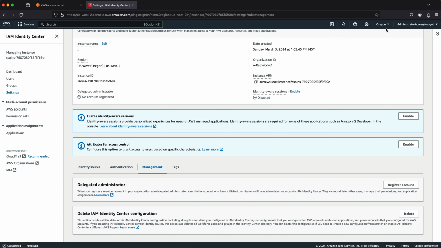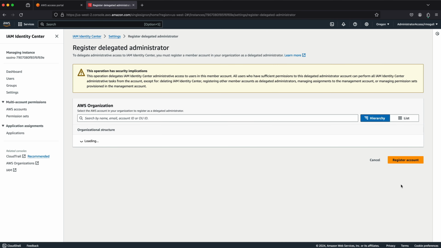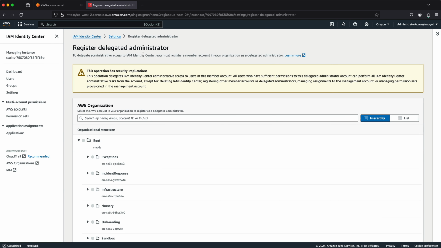By the way, just as a reminder, you do need to be in the Oregon region because that's where we set up Identity Center initially. IAM itself is regionless. It's a global service, but Identity Center is locked to a region, or the region we create on. Okay, so we're going to go register delegated administrator, and we've got a big warning here that anybody